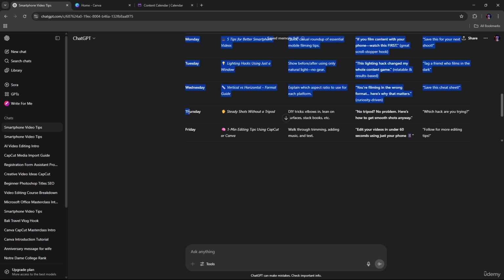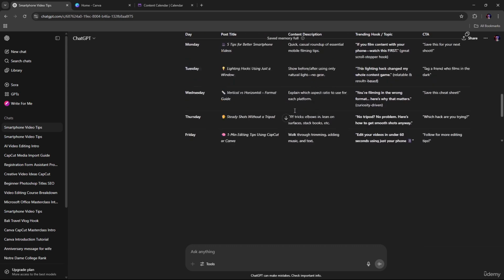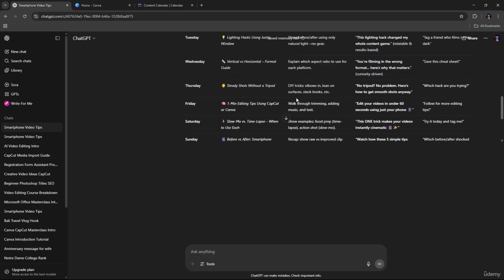Okay, and Thursday could be like strategy shoots without a tripod, and also here this is the content description, kind of like the DIY tricks like elbows in, lean on a sharp surface, stuck hooks, etc. And also here the trending hooks or topics could be like no tripod, no problem. So here's how to get smooth shots anyway, and call to actions, which hacks are you trying, and Friday